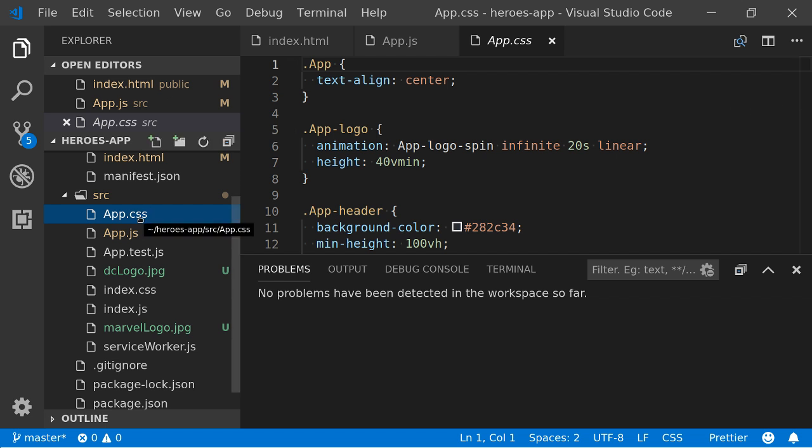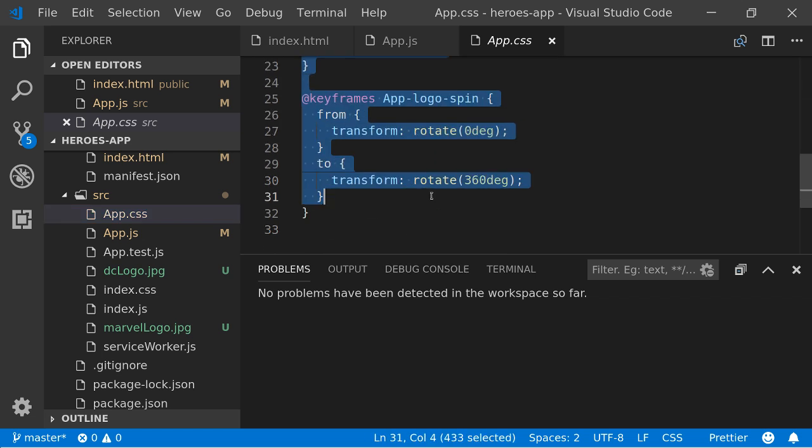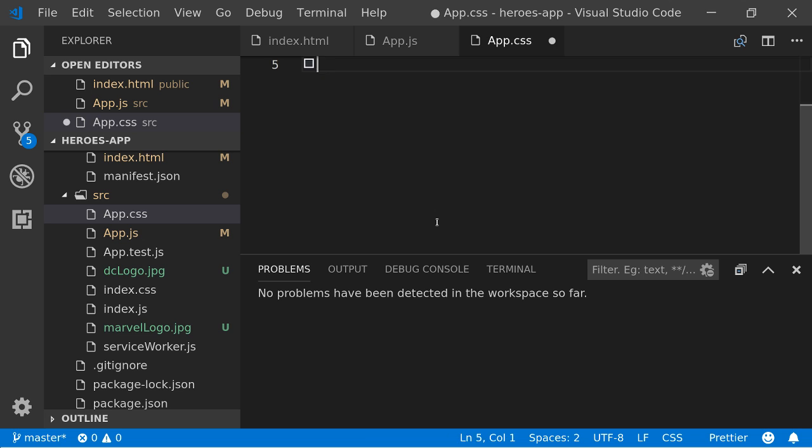Yeah, so in app.css we can make a cascading style sheet. We can edit our CSS to change the size or the layout of these images on the page. At the moment we've just got some default styles. You can go ahead and get rid of those if you want. App logo doesn't exist anymore, neither does app header, neither does the little animation that we had. So they can all go. I'll keep the center aligned so our text stays in the middle.